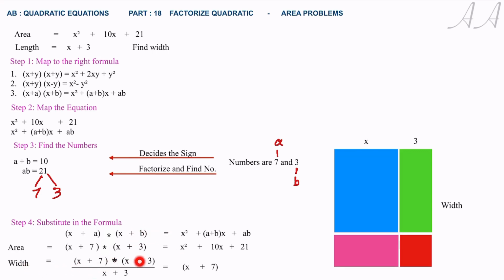So our width is area divided by length. So our new area equation is divided by x plus 3. So let's see how we can do here. First thing is I can see here that we have x plus 3 and x plus 3. So we don't need to worry about these two terms any longer. So we're left with x plus 7. So the length is x plus 7 in